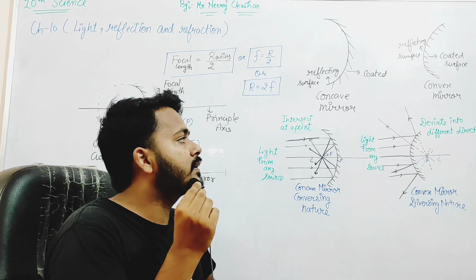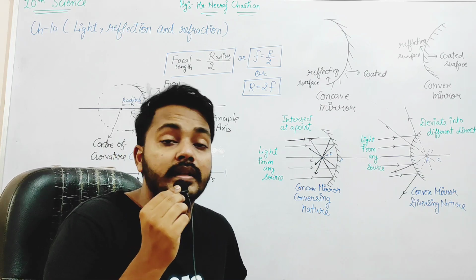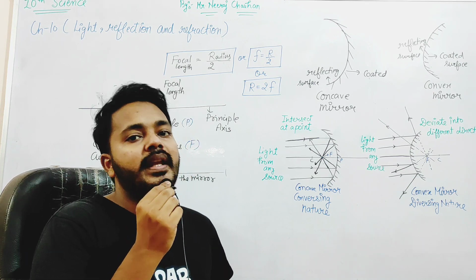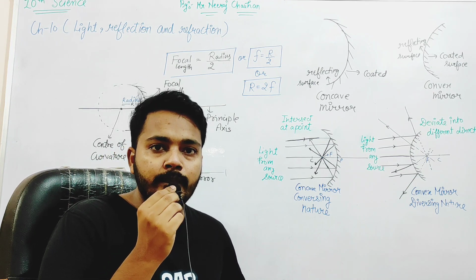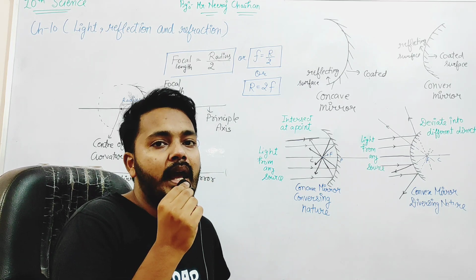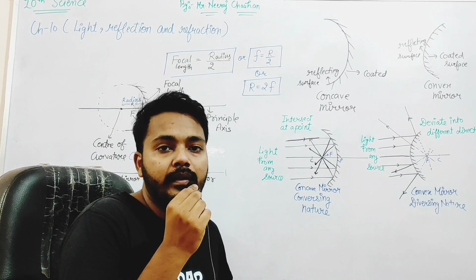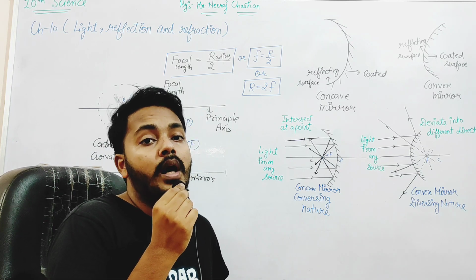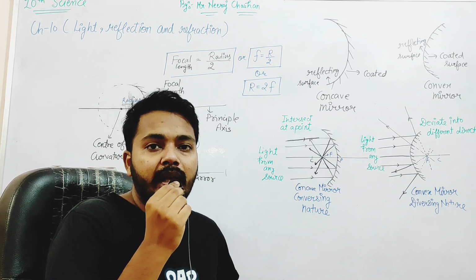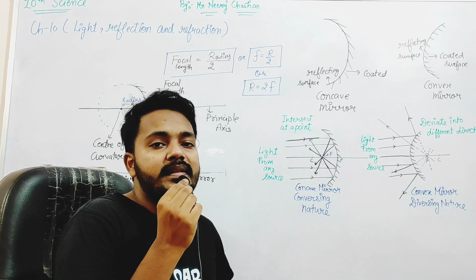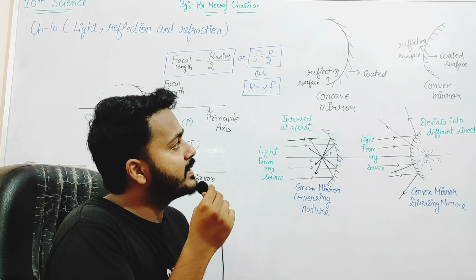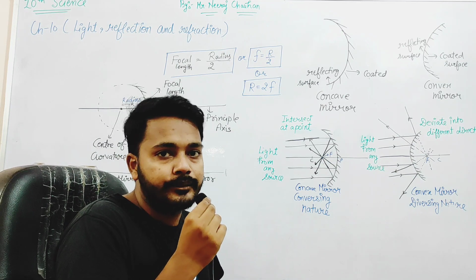Now the question arises, how many types of spherical mirrors are there? The answer is 2, and the names are concave mirror and convex mirror. In simple definition, we can explain that the concave mirror has a reflecting surface on the inside and is coated on the outside. Similarly, the convex mirror can be explained in that the outer surface of the convex mirror is reflecting and the inward surface is coated.